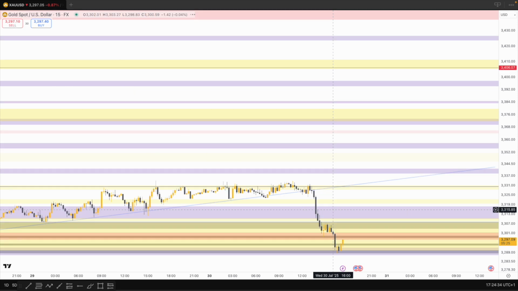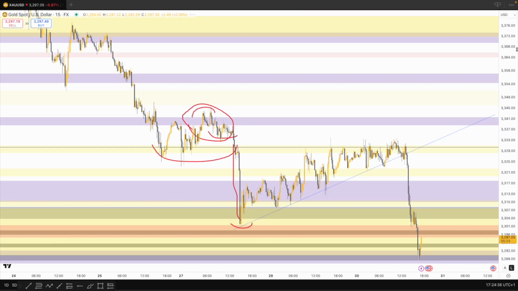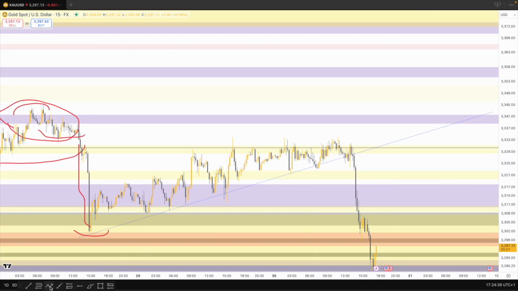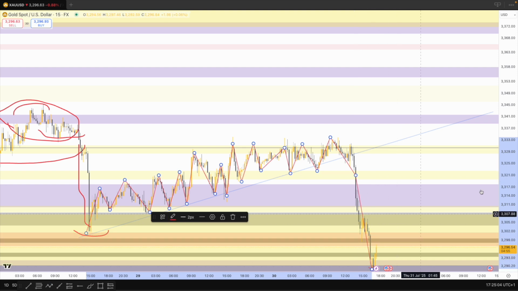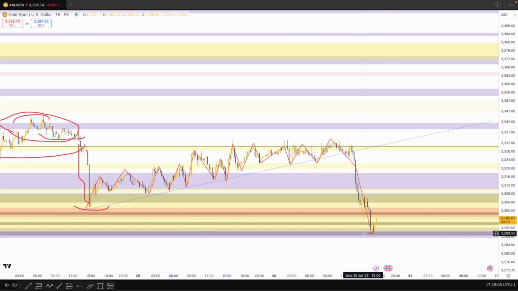For example, if I go into our minute 15, you'll see it in a little bit of a clearer fashion. So you can see that we came up, made higher highs, higher lows, higher highs, higher lows. Some of them were equal, some of them were lower or higher than others. But as you can see, we did start to stagger up before we got to this moment here where we started consolidating between 3,330 and 3,320. We tested around this area a couple of times before we then saw a bearish move, which broke through the support of 3,320, driving price all the way down just below the 3,300s, with price eventually finding support at